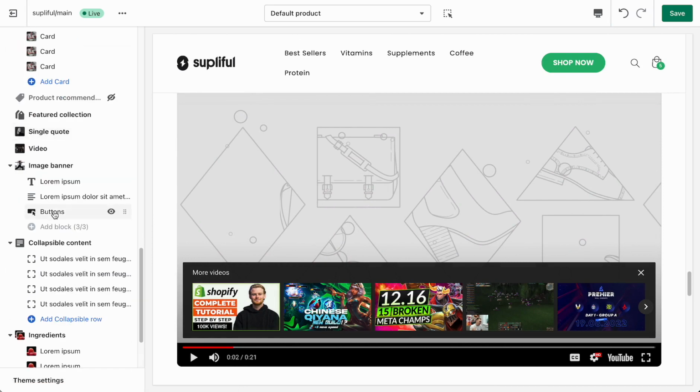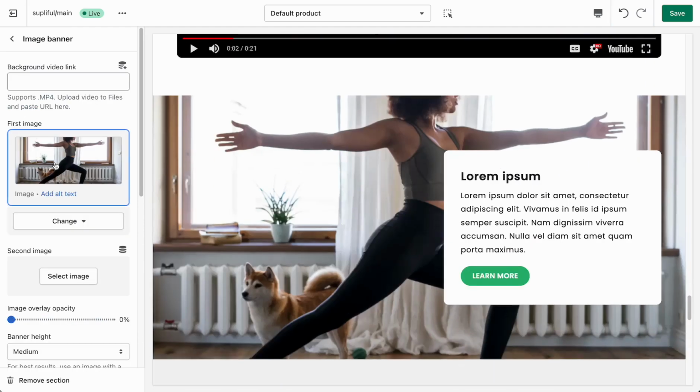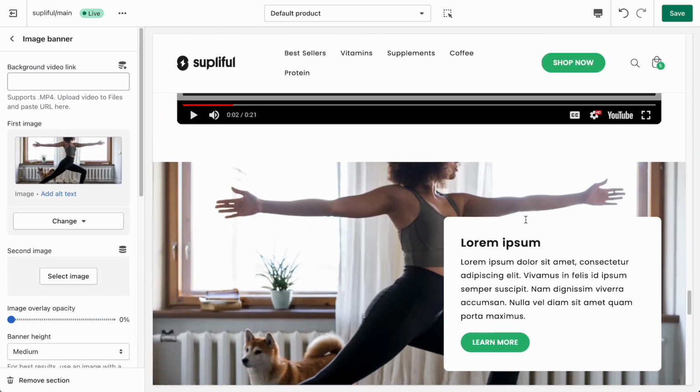And next up is one of our favorites, the image banner section. Actually, we should have called it media banner section, as we introduced additional background video support, as you can see here. This time you will need to upload an MP4 format video file to your Shopify store files. You can find